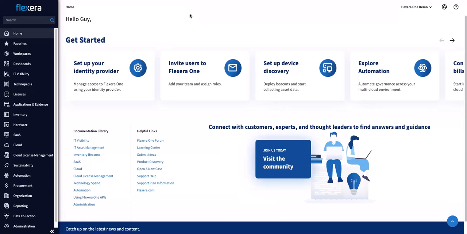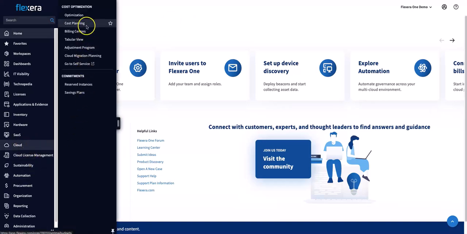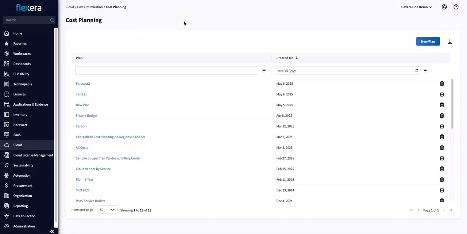We're going to cover today how do I plan, budget, and forecast cloud costs utilizing Flexera One. Within the cloud cost optimization module, we have a capability called cost planning. Cost planning takes into account the historical and seasonality of your billing data to help customers build their different budgets